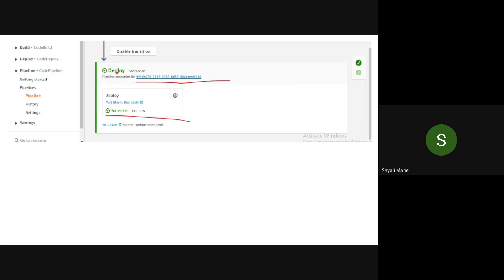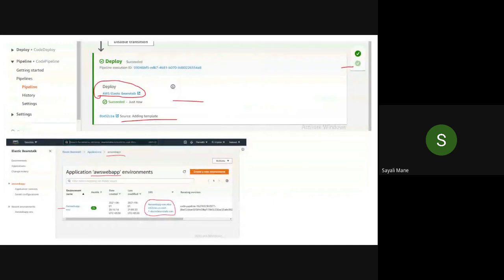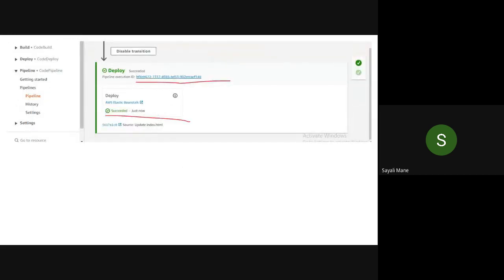Those who have done, please take a screenshot of it and highlight the pipeline execution ID. This one. Done?